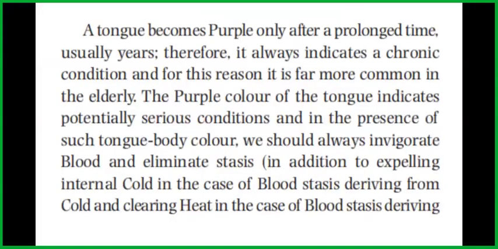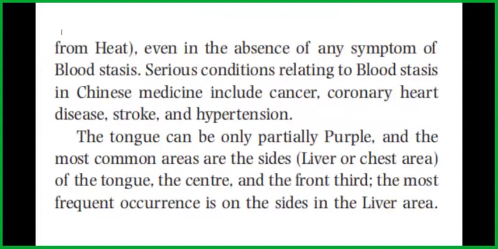A tongue becomes purple only after a prolonged time, usually years. Therefore, it always indicates a chronic condition, and for this reason, it is far more common in the elderly. The purple color of the tongue indicates potentially serious conditions, and in the presence of such tongue body color, we should always invigorate blood and eliminate stasis, in addition to expelling internal cold in the case of blood stasis deriving from cold and clearing heat in the case of blood stasis deriving from heat, even in the absence of any symptom of blood stasis. Serious conditions relating to blood stasis in Chinese medicine include cancer, coronary heart disease, stroke, and